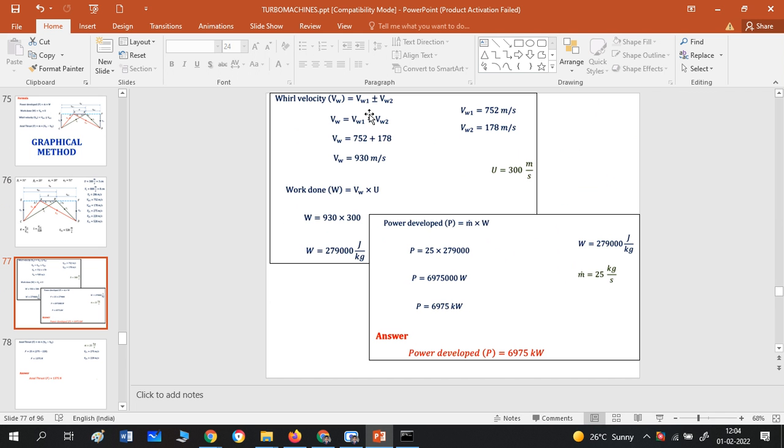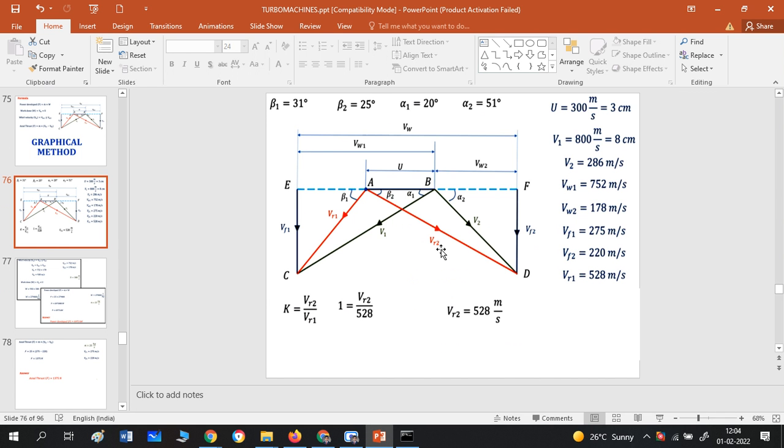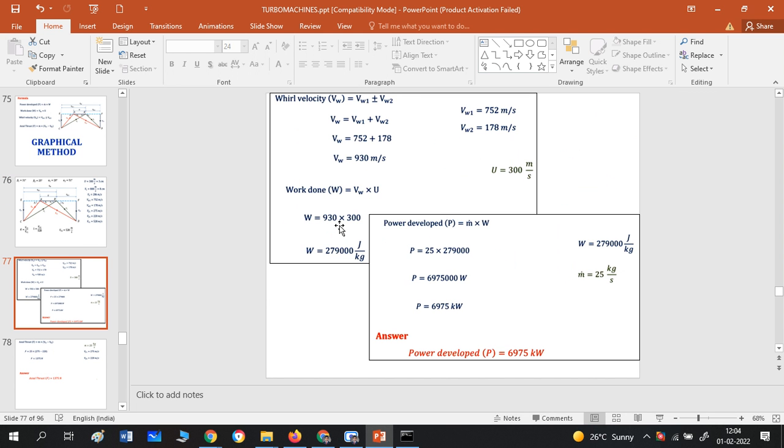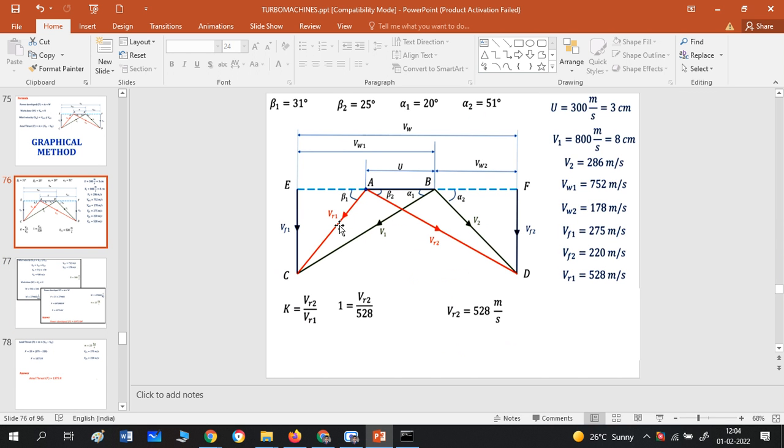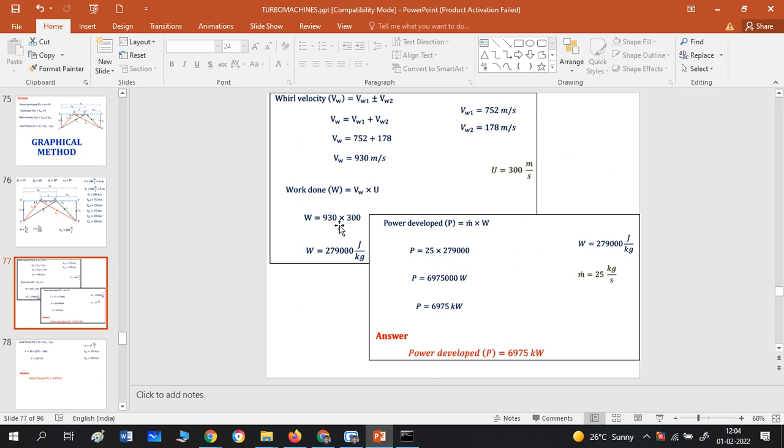So directly go to VU1 plus VU2. Why plus? Because you can see the directions here. VR2 direction is on the right side, VR1 direction is on the left side. So both are opposite, so I can add. VU1 is 752, VU2 is around 178 from the graph. Okay. So here also it is written. So using those values,